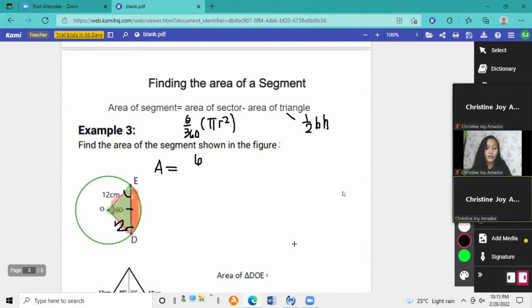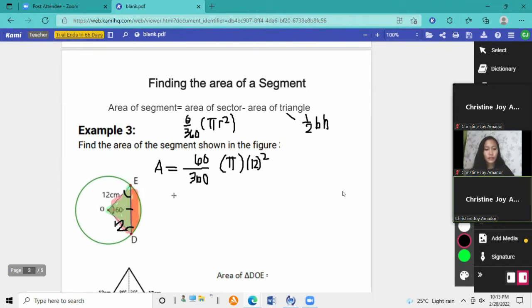It is 60 all over 360 times pi. What is our radius? Our radius is 12, so 12